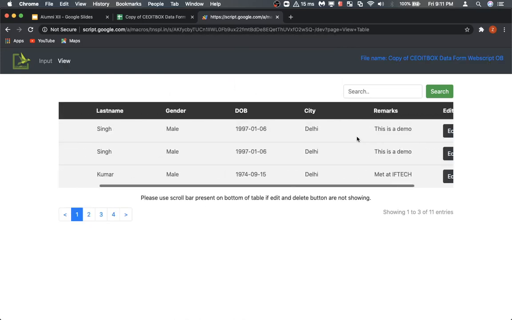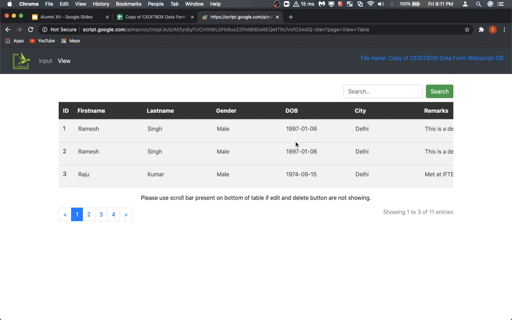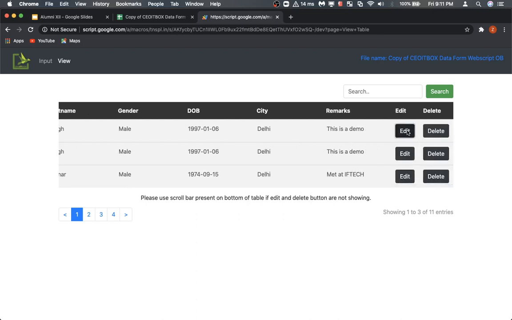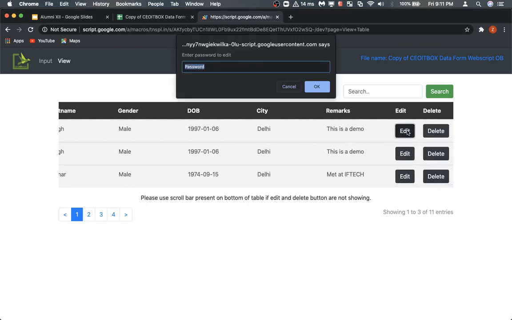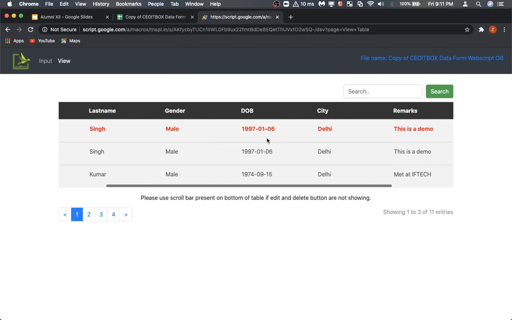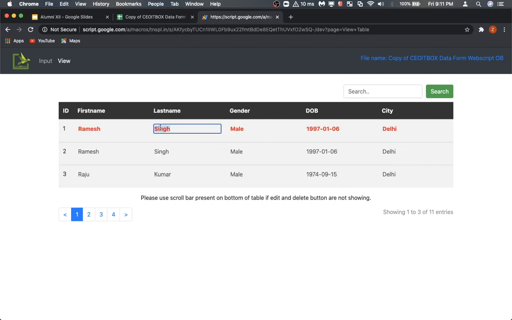Now the other thing that you will see here: if I want to change this data, I click on edit. Again it is asking me for the password, so I can put the password for edit, that is CEO edit. Click on OK, and here I can change this Ramesh Agarwal.